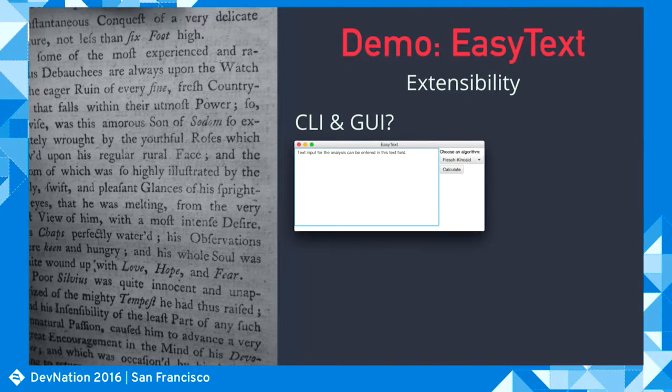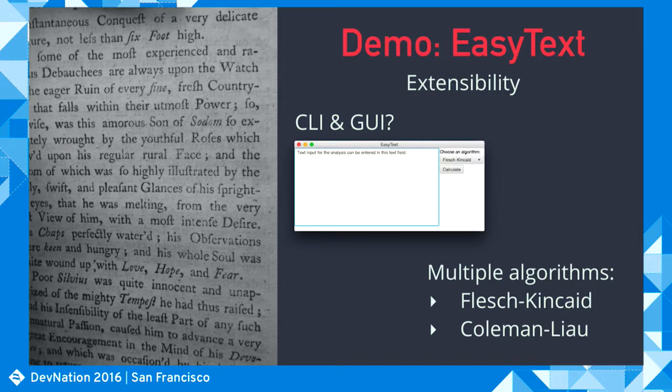And there we can see that even though the command line interface only used the java.base module, which was, by the way, an implicit dependency, you never have to mention that because you cannot actually write any code without java.base. But the GUI is written in JavaFX, which needs more modules from the JDK. So we'll see how that looks. And we're also going to look at an implementation of the analysis algorithms using the service API. So what we want to achieve is that we have multiple implementations of such an analysis algorithm, and we're going to decouple the front ends from the back ends through the service loader API.